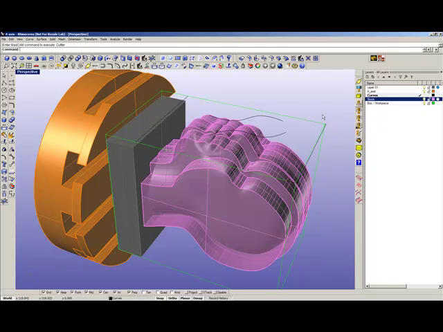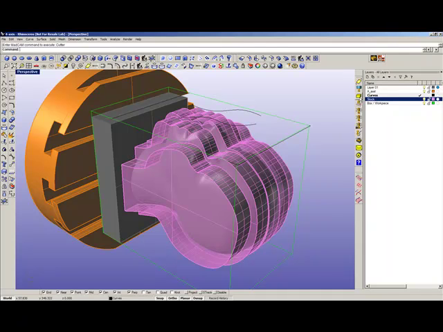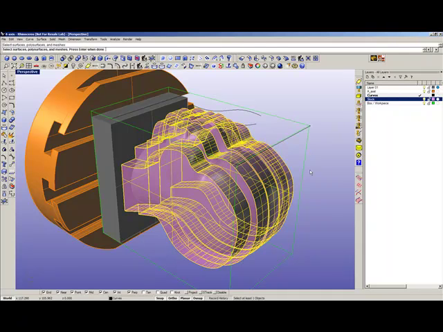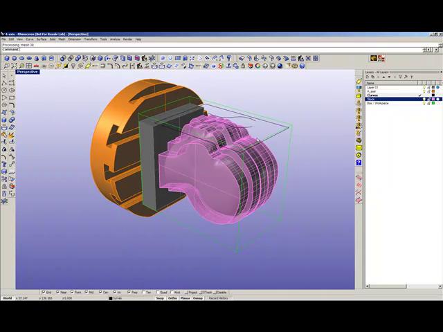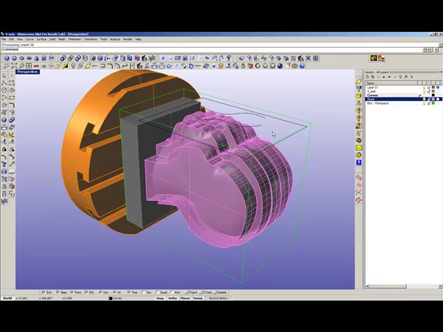Then we select our stock model, and then we can create a 3D roughing toolpath. But when working with 4-axis, we can decide from which direction to machine, and this is controlled from the construction planes in Rhino. So I think this one we can machine from 2 sides. So we can pick the C-plane world front,